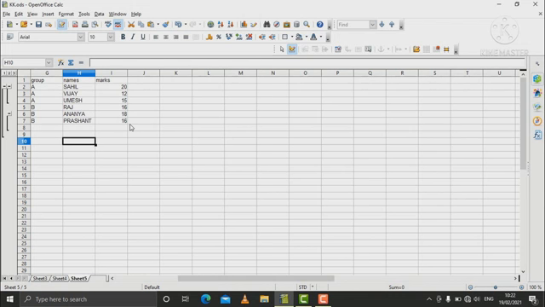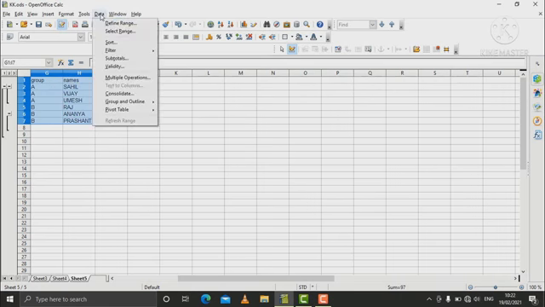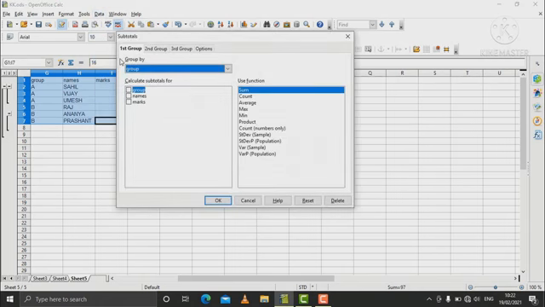If we perform calculation on some range with conditions, then we use subtotal. First of all, we have to select the range of cells that contains headings and labels also. After that click on data and click on subtotal.